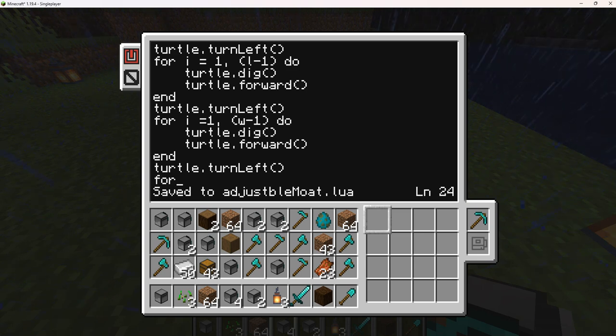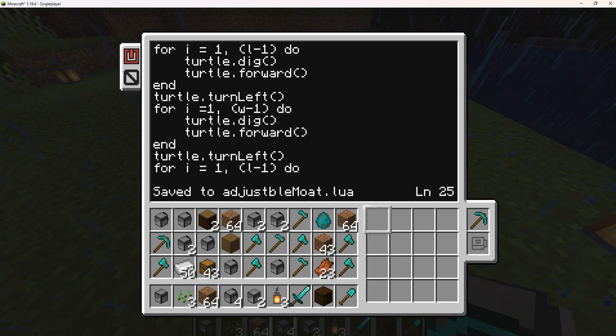Then we're going to do our movements lengthwise again, and we're going to do for I equals 1 comma L negative 1 do turtle dot dig in front of us,